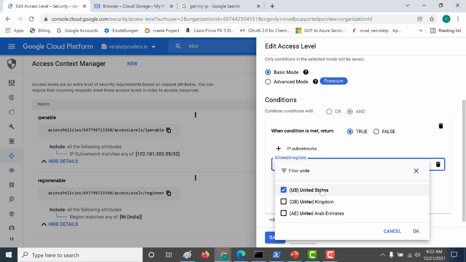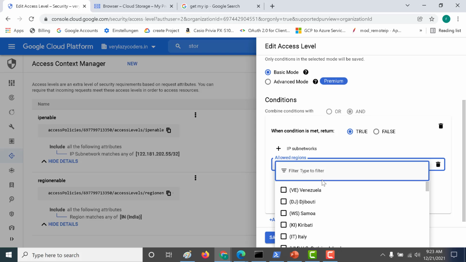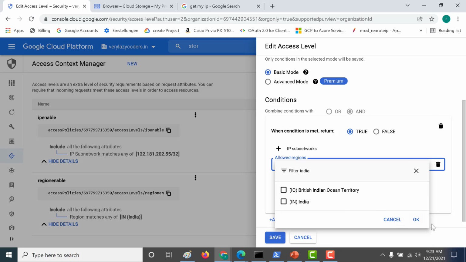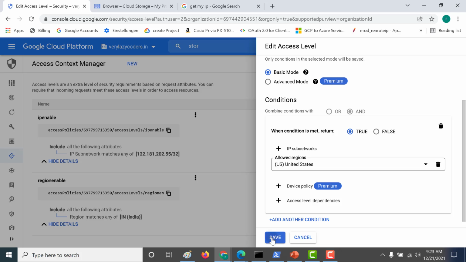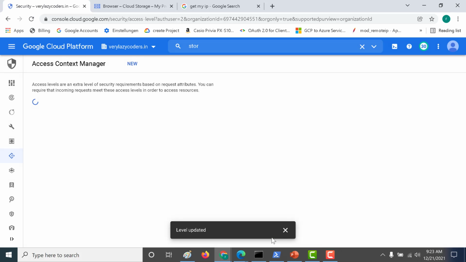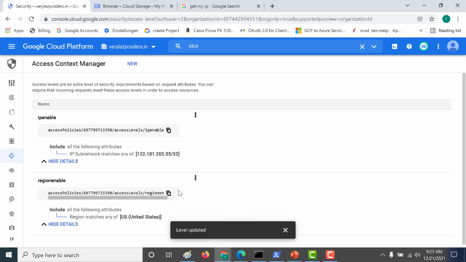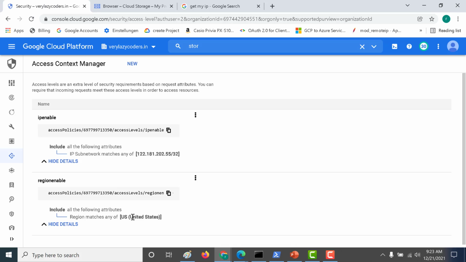And I also need to disable India. I'll disable India, click on OK, and let's save this. And you can see that the region is updated to the United States.